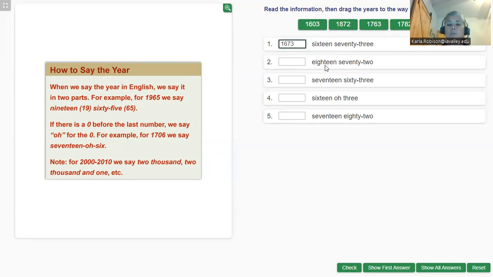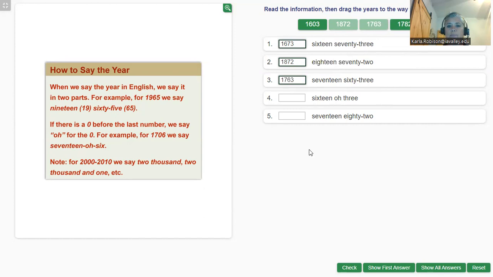1872. So my first two numbers are going to be 18, and my second two numbers are 7 and a 2, 72. And I only have one 18. So 1872. The third one is 1763. Okay, so the first two numbers is 17, and I have two of them. And the second two numbers is 63. So I have a 63 and an 82. So